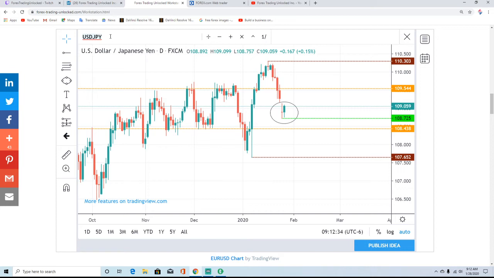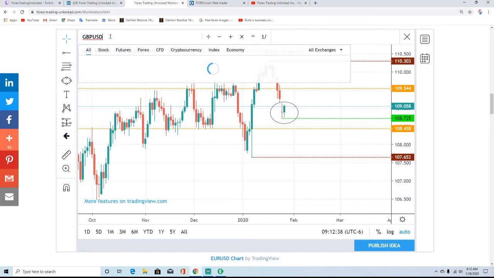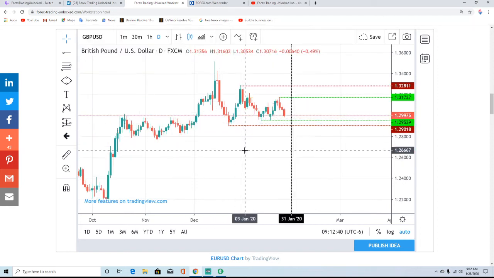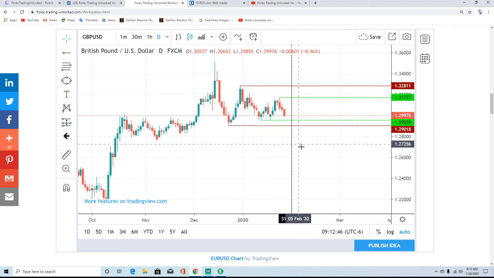Okay, now we're going to look at our European currencies. Now, the British pound, US dollar, we know that Brexit is just 3 days away, folks. Look at this black line. There it is. We have been going sideways into this date, even though we're trading lower over the past few sessions, but we've been basically calling for sideways action for months, and we've gotten it. You range traders are having a delight, for sure. You swing traders, it's been a nightmare.